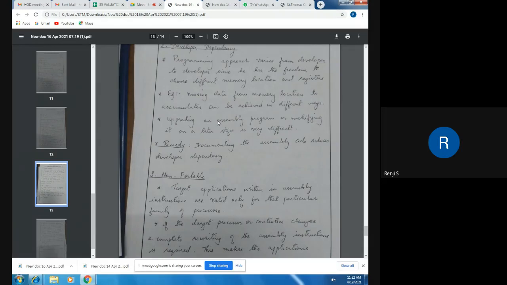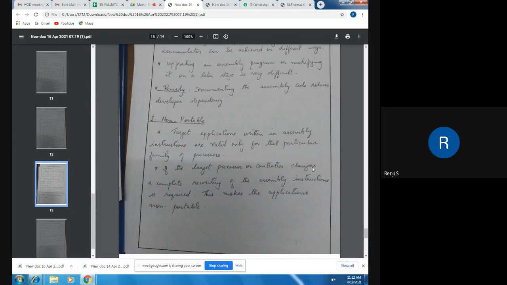Then the third drawback is non-portable. As I said from the beginning, this code depends on the processor that we are going to program. If it is written for one processor, it will not work for another processor. Target applications written in assembly instructions are valid only for a particular family of processors.